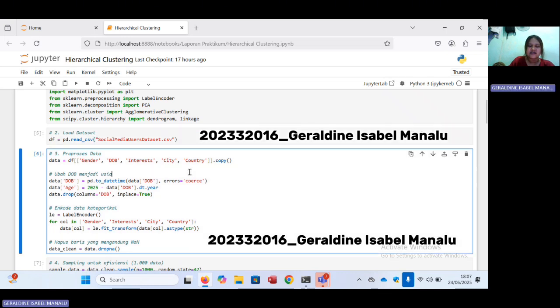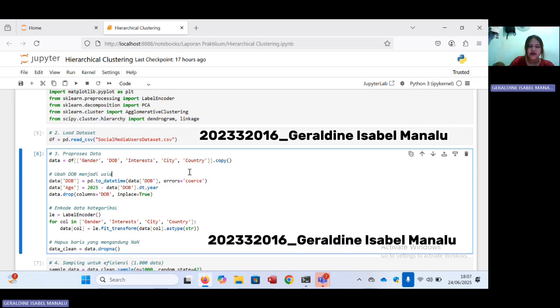This section is the data pre-processing process to prepare the dataset for further analysis. First, only relevant columns are selected from the original data frame, namely gender, job, interest, city, and country, and then copied to the data variable.